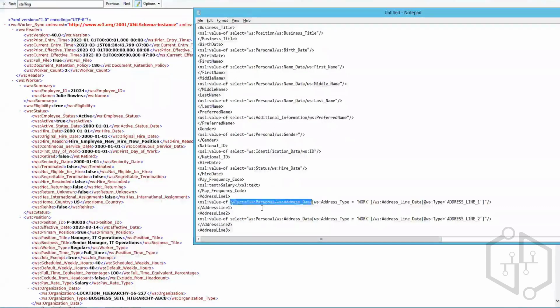So in this, it's taking for employee ID tag, XML begin tag, XML end tag, and value of select, WS summary / WS employee ID. So under worker, summary, and then employee ID. So bring that data out as an output file. But in some cases, we have added some configuration or logic, that for address line 1, say select personal address. So let's go to personal